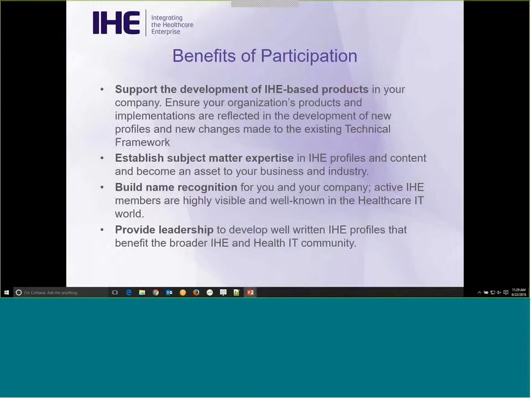Members who are interested in monitoring or influencing the emerging profiles typically participate in the development of them. We always need help and would love to have you. Participation can range from being primary author on a work item down to just providing comments during the public comment period. There's a whole range of depth to participation, and every little bit helps.